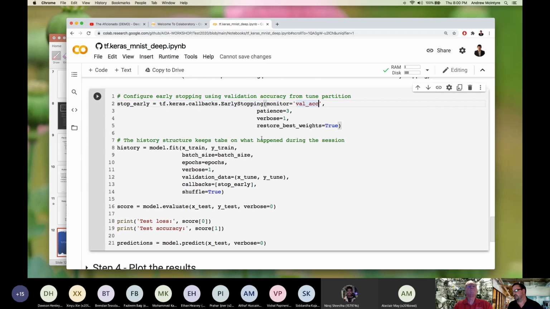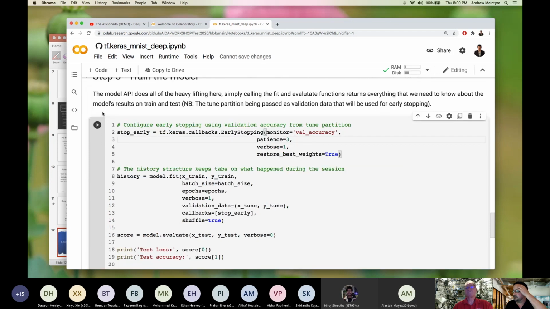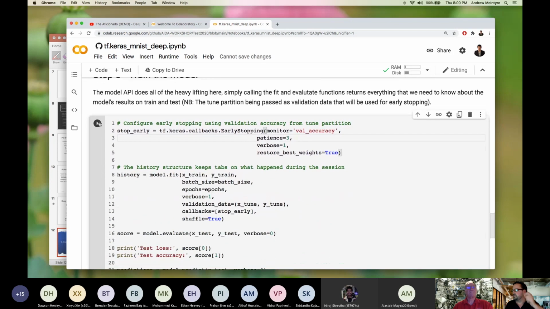And one thing you're going to need to do if you want this to work correctly, I noticed that it throws a warning that you need to call this val_accuracy rather than val_acc. I think that might have just changed here recently. So once you've compiled it,